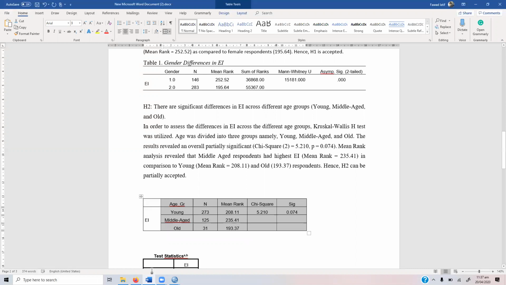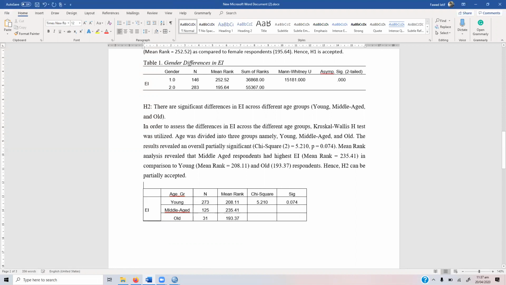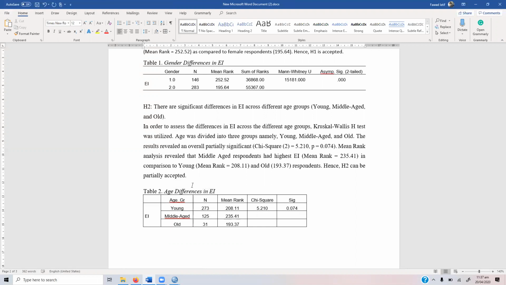Now, just remove the borders and it will be done, so you can know now how to do it. Just give it a table 2. Let's say age. So I hope now it's clear how to use the Kruskal-Wallis test for comparison across multiple groups and report the